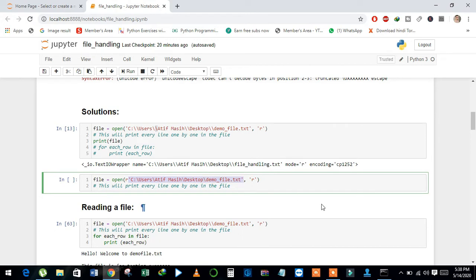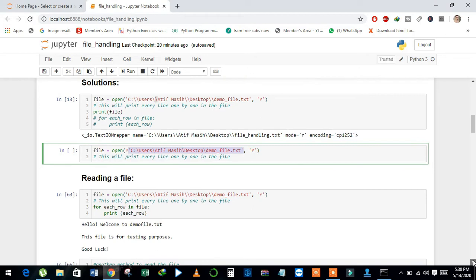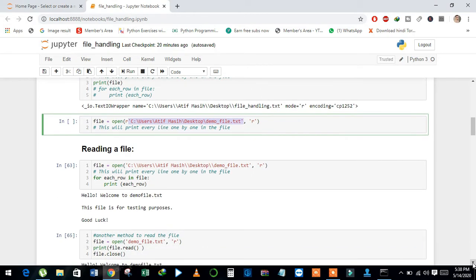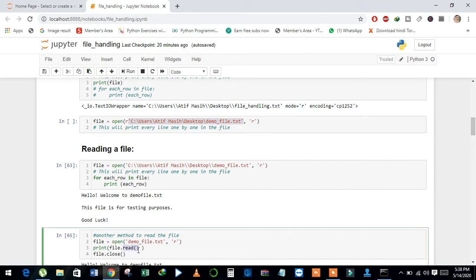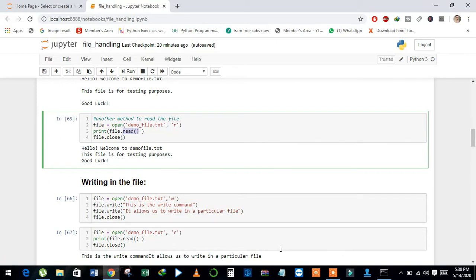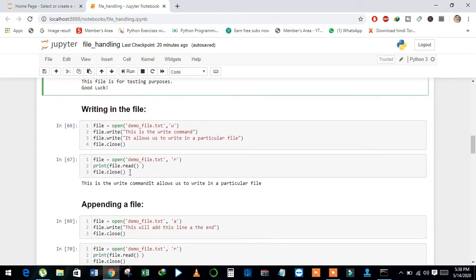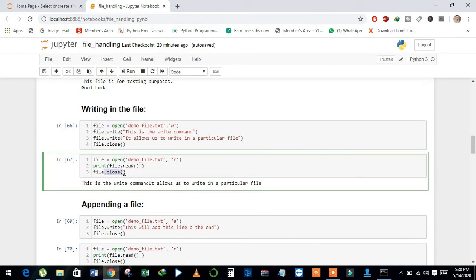And also we discussed different methods to read the data from the file. We can use a for loop, and also we can use the read method to read the data line by line. And we discussed that we must use the close method when we utilize the file.